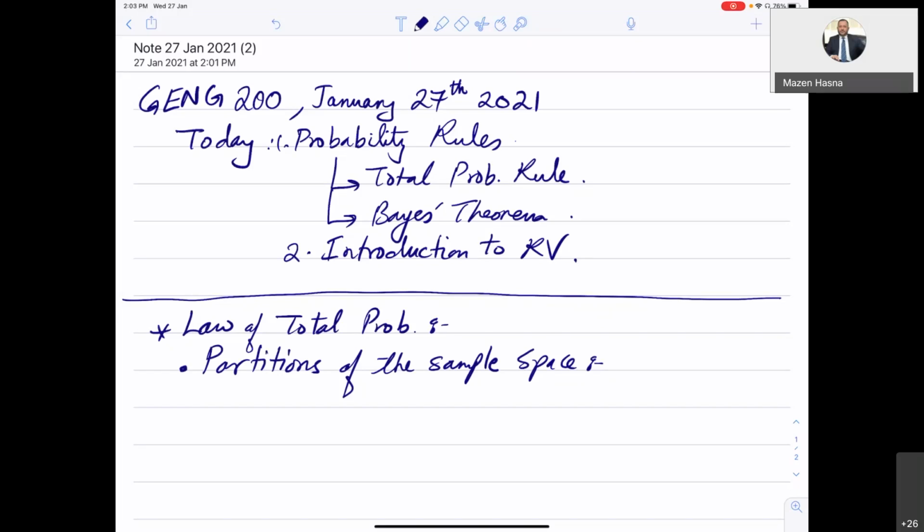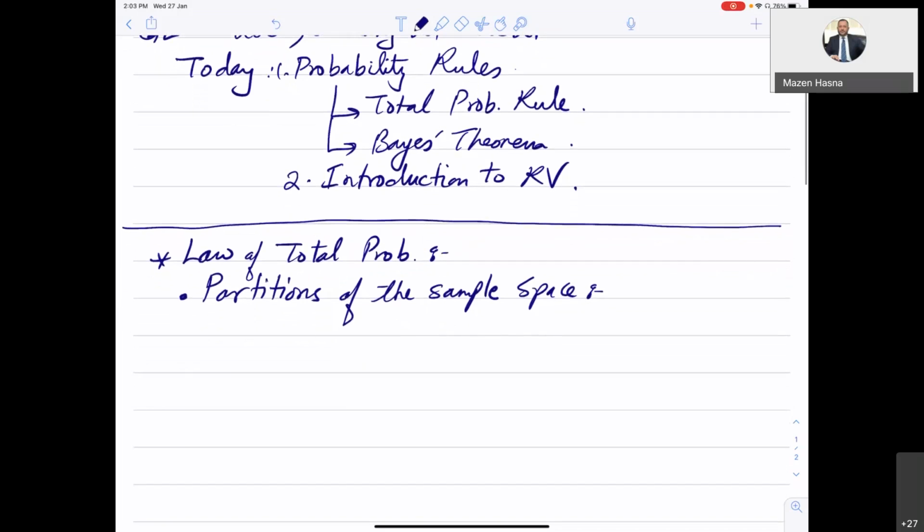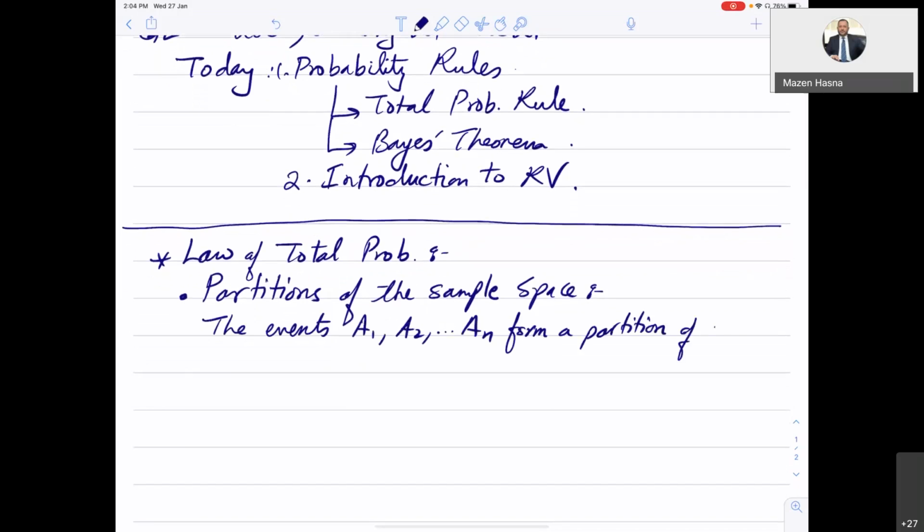So what do we mean when we say I have a bunch of events that form a partition of the sample space? Let's see. So the events A1, A2, all the way to AN form a partition of sample space S